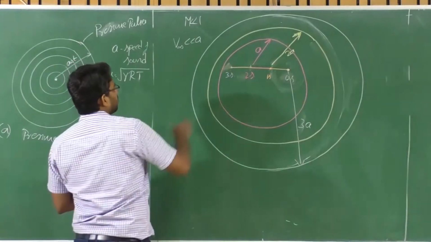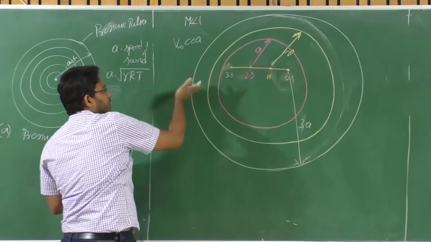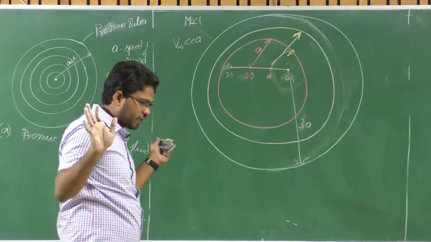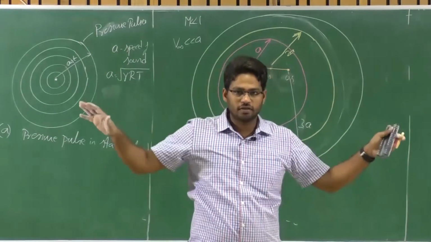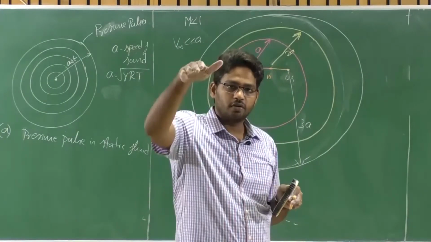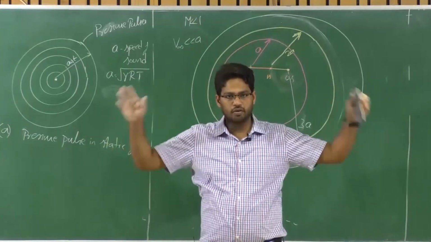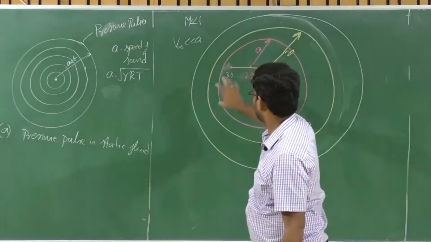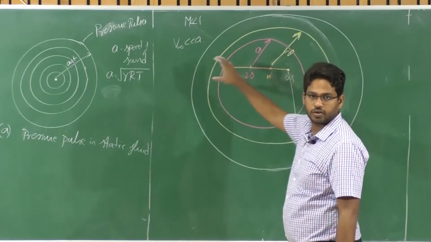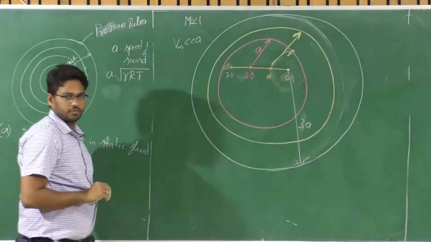So that means the molecules which are far ahead of your location will get the information about your presence. They have enough time to get adjusted to the shape of your body, so that the fluid elements can smoothly flow over the body. Right? The streamlines have enough time to get bent around your object. So they get the information about your presence and the kind of pressure disturbance that you are creating. The fluid elements which are far ahead will have that information.